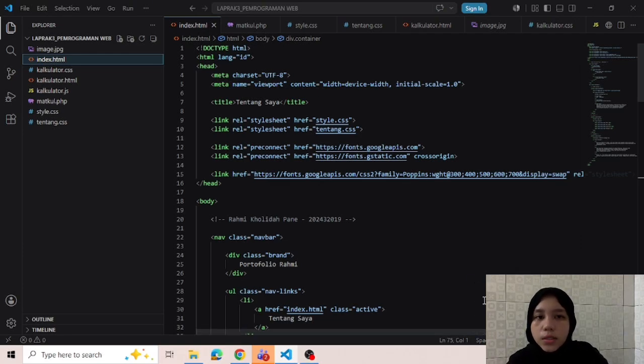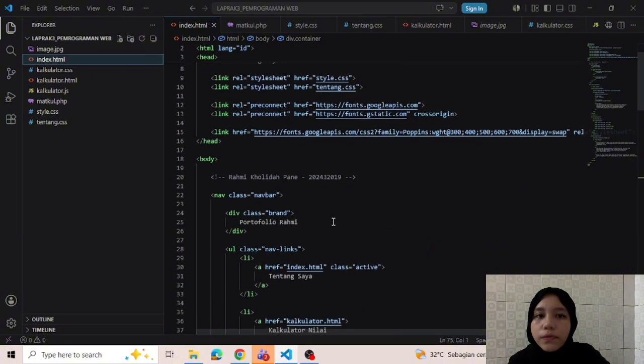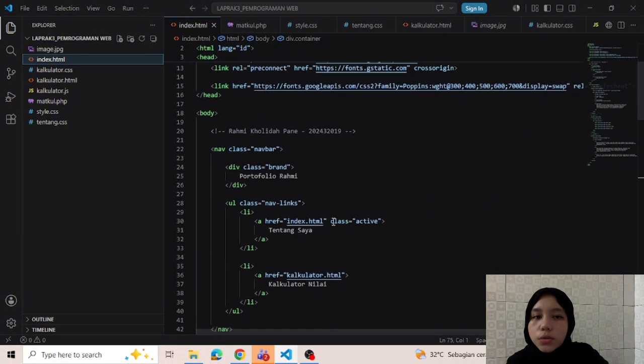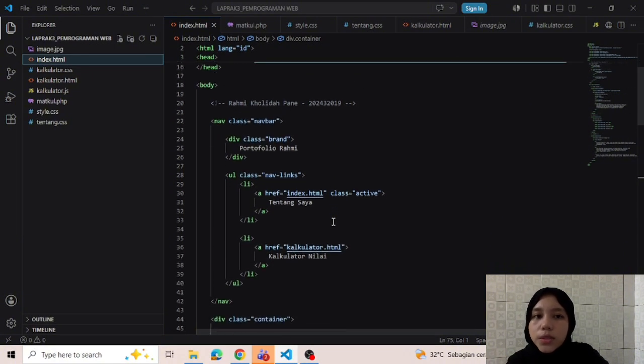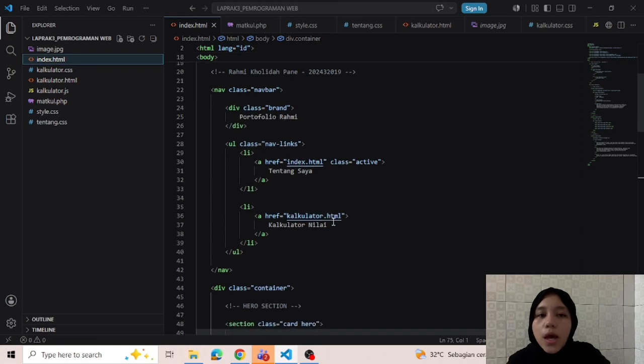Next, there is a navigator that contains the website brand name, Portfolio Rahmi, and two navigation menus, which are About Me and Grade Calculator. The active class is used to indicate the page currently being opened.